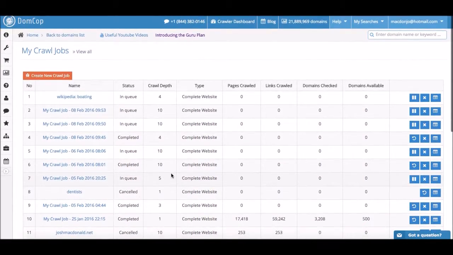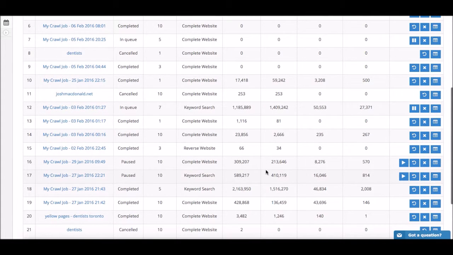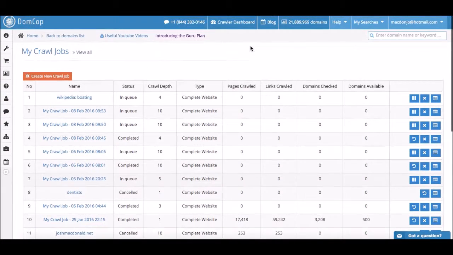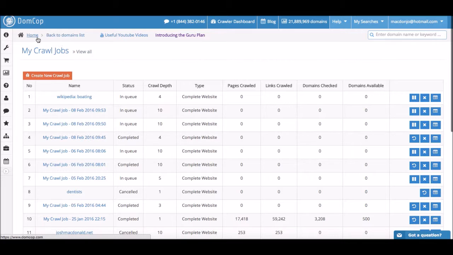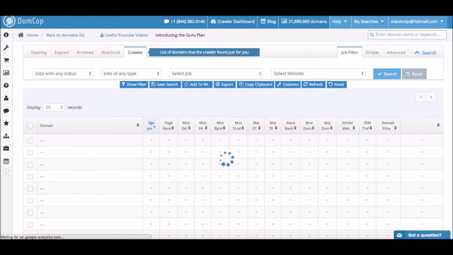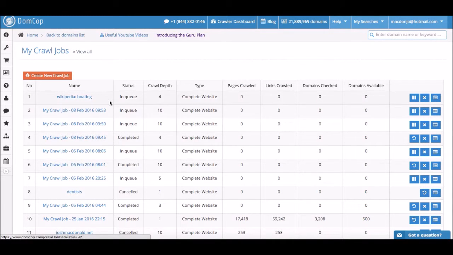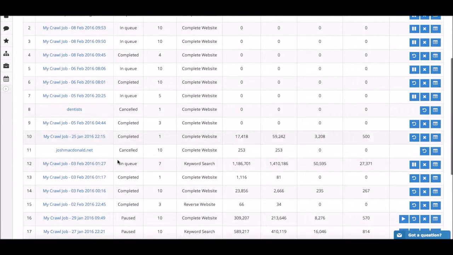Now, the new feature that was implemented this week is, let's go ahead over here, so we can start the job, redo the job, cancel the job, or view the domain names for the specific job. So before we were on the crawling tab, we can go back to that. We go to the home page, you hit crawler, here's all the domain names, 33,000. Or if you're crawling in a specific niche like I am, like boating, I have a boating client, I have a dentist client, I have my own website,